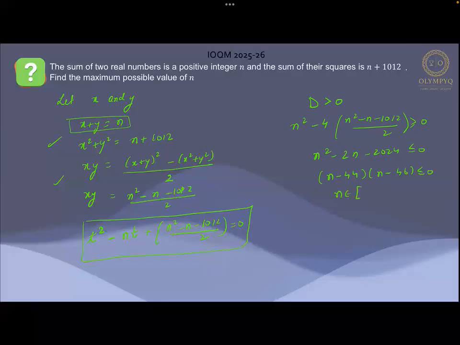Therefore, the value of n is going to lie between 44 and 46, and the maximum value of n is going to be equal to 46. The same answer has been mentioned by the IOQM final answer key as